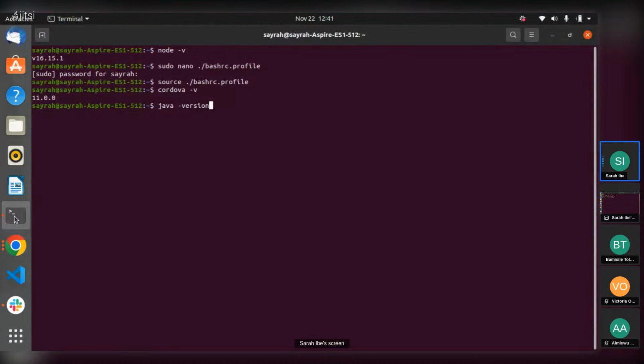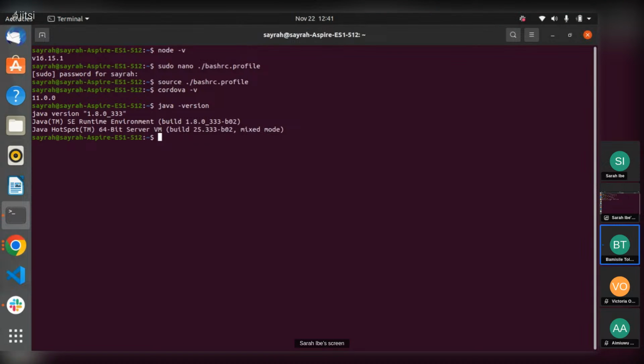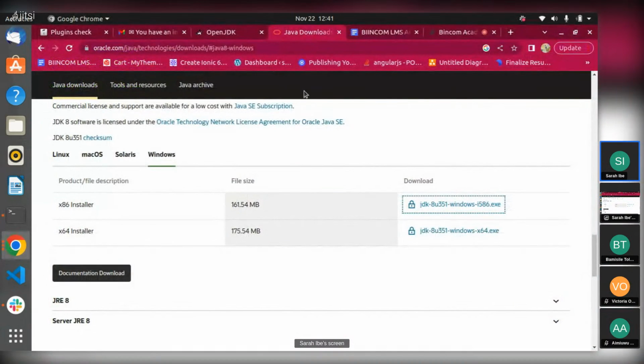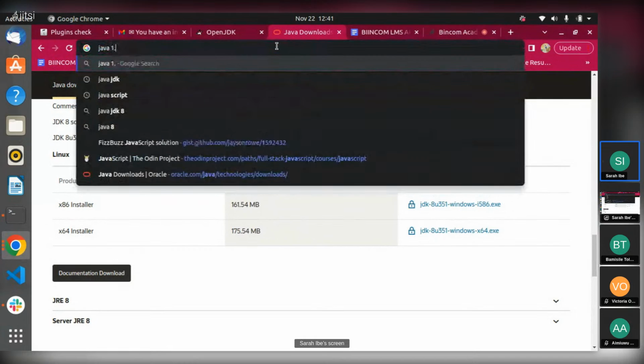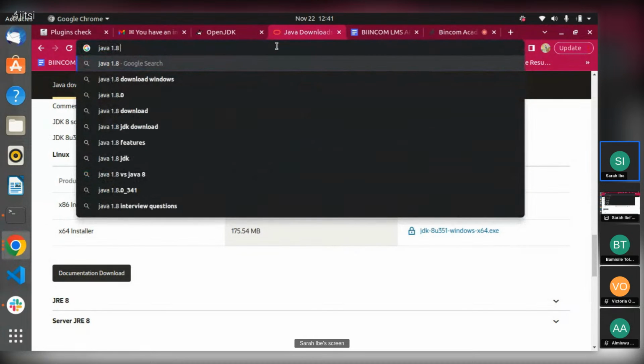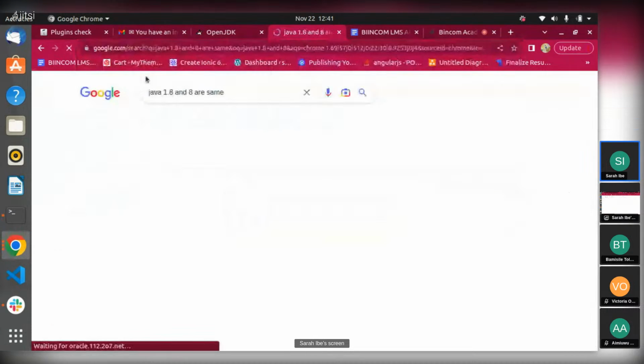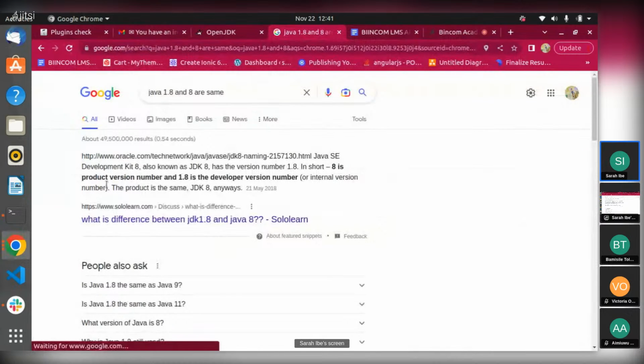So I'll check if I have Java installed. Okay, so you can see 1.8.0. But let me show you guys something. JDK 8, also known as Java JDK 8, has version number 1.8.